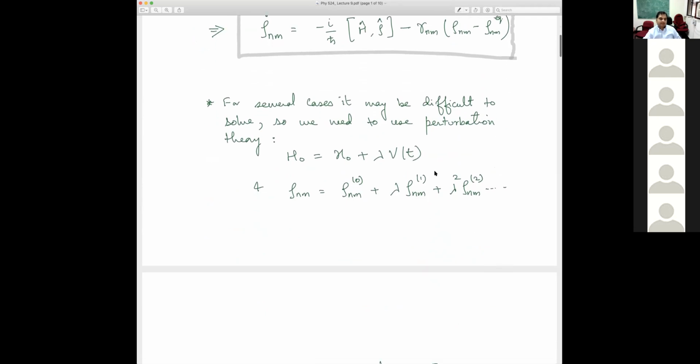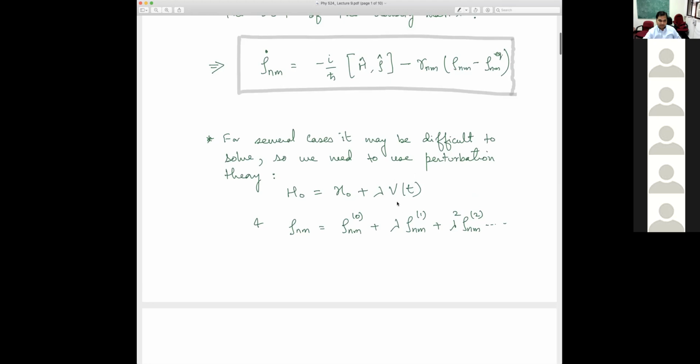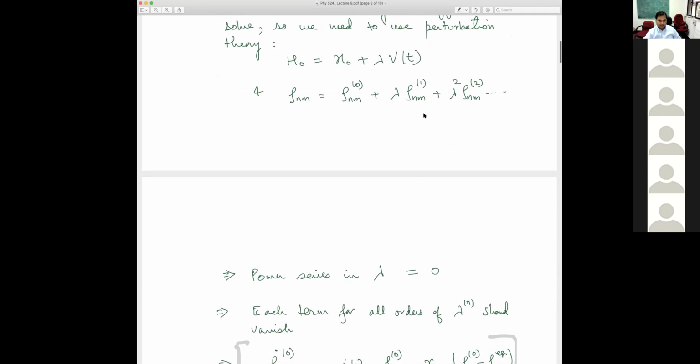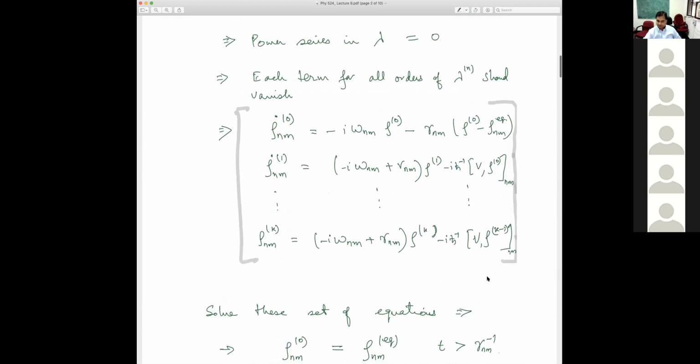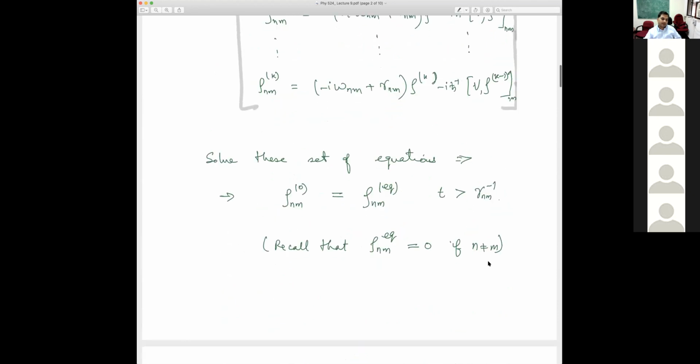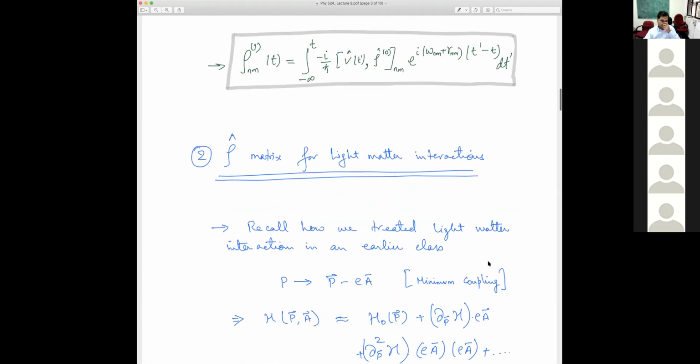Okay. And then we set up the perturbation theory by assuming that V(t) is lambda V(t). So the total H I can write as H naught plus lambda V(t), and then we had this series. And as soon as I put both of these into this equation of motion, we could write down this equation of motion order by order in the density matrix. So the zeroth order equation is slightly different, but the first order, second order, all are sort of recursive relations. So the n plus 1 terms connect to the n minus 1 terms, which appears here in the V rho n minus 1 commutator. Okay. And then we saw how we can solve these equations. So we can directly integrate, and so on. So this is very general.